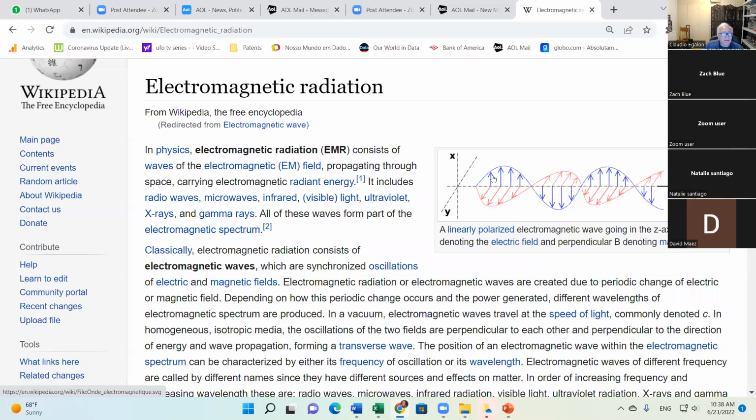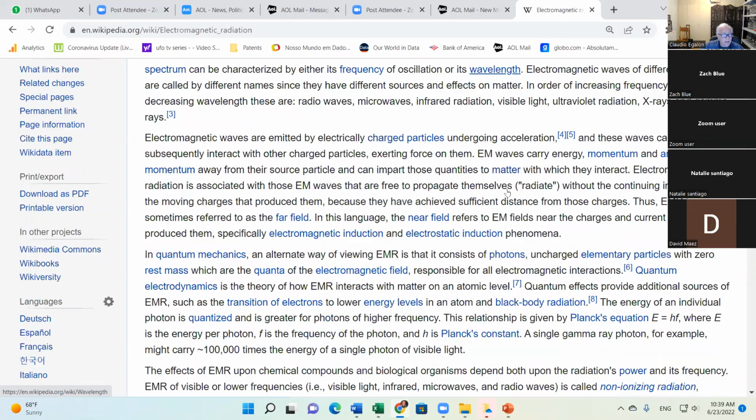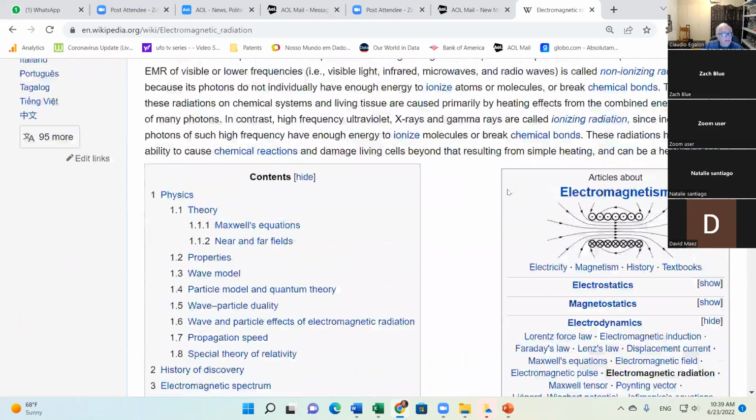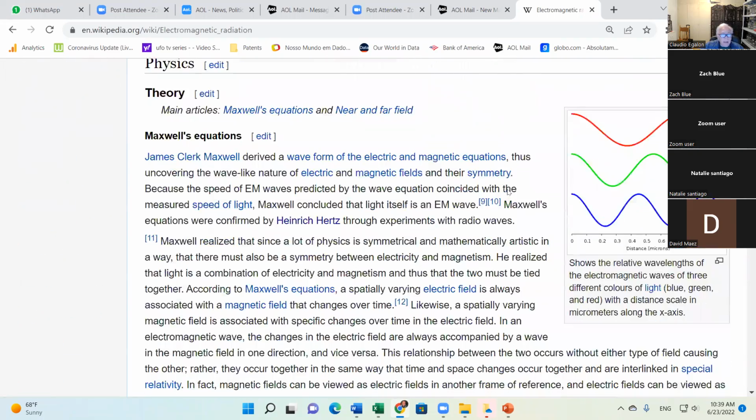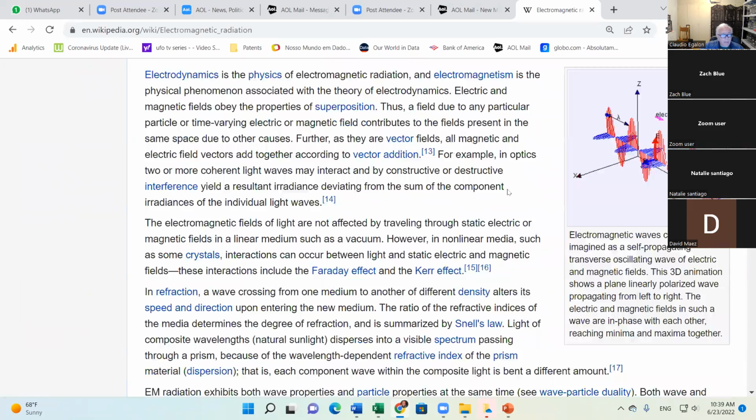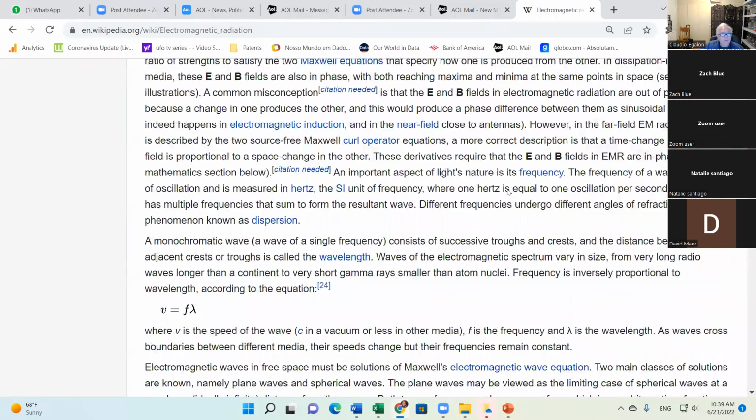The wavelength of the electric and magnetic field is going to depend on the frequency of oscillation of your circuit. Okay, so if it's 60 hertz, if it's 120 hertz, and so on. But in the case of electromagnetic waves, it's not just 60 hertz or 120 hertz, it's far more than that, especially when it comes to light. The frequency is very high. Let's see if we have the frequencies here.